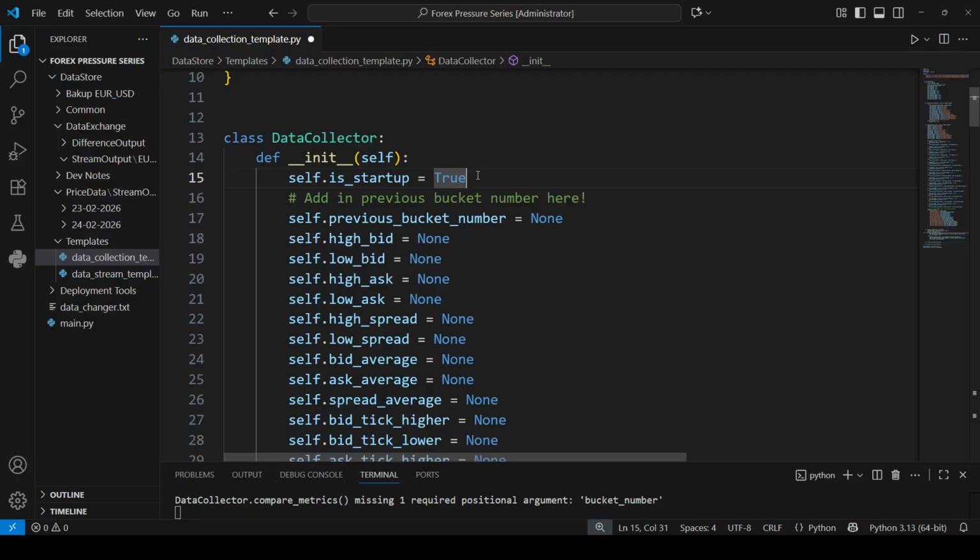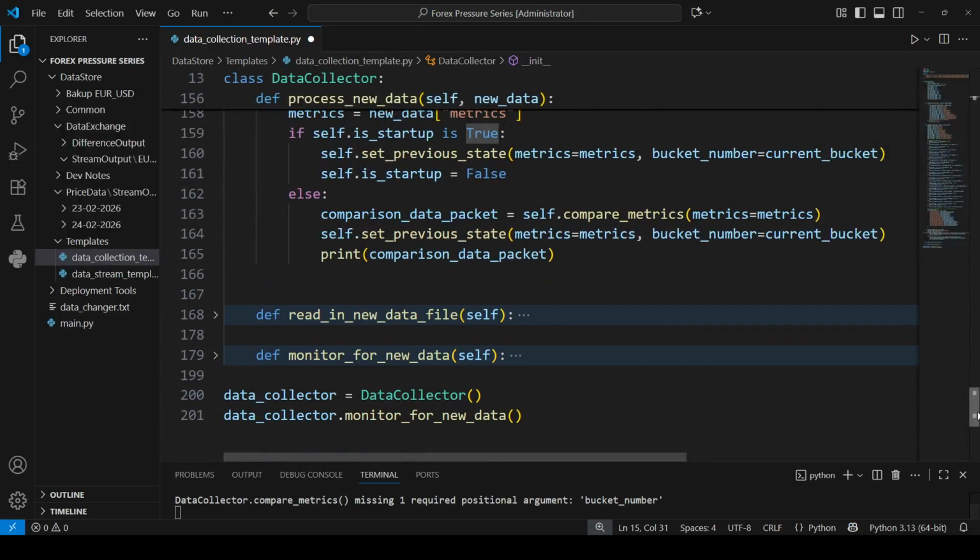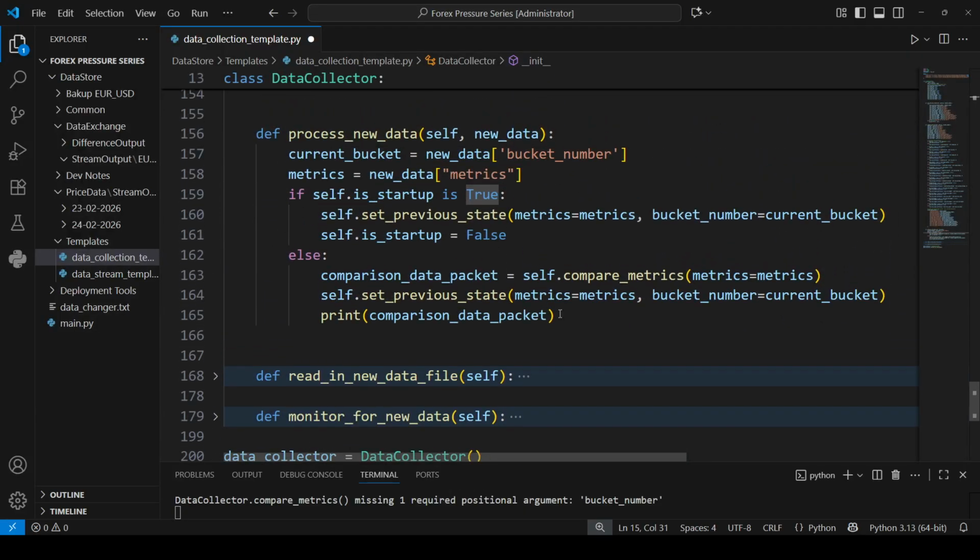So if the new file, if the date is changed, or if the bucket number is 1441,